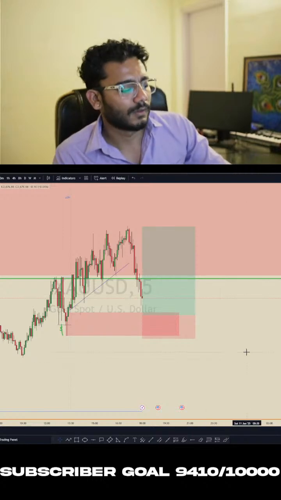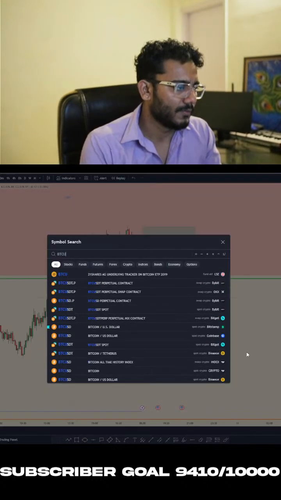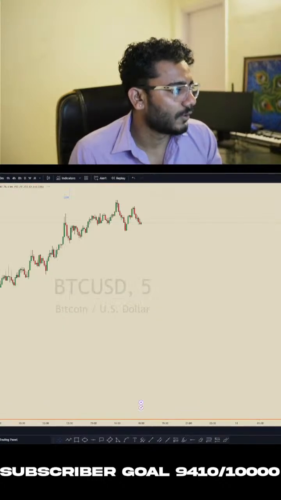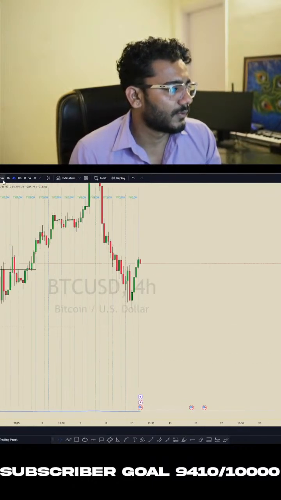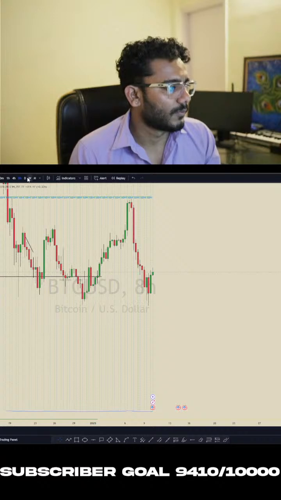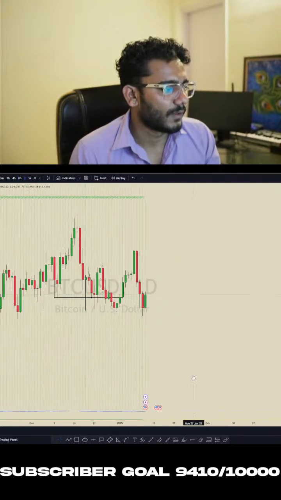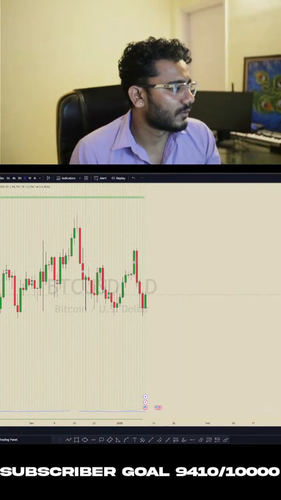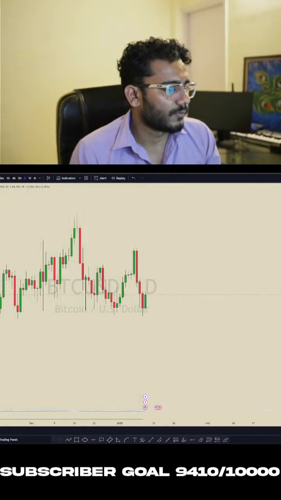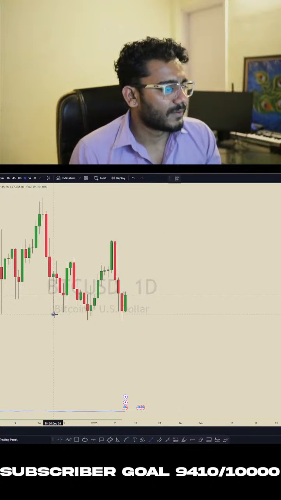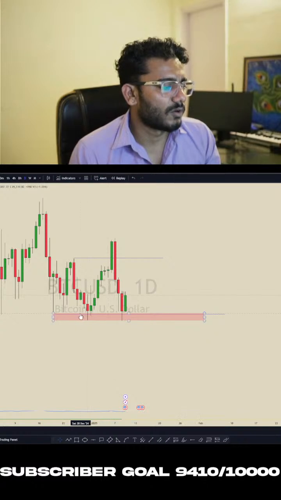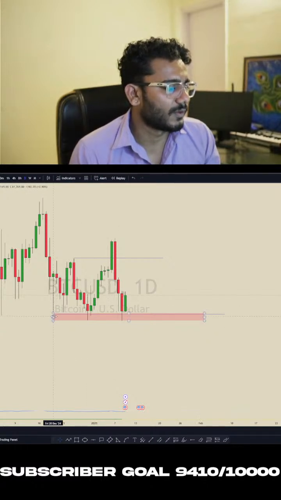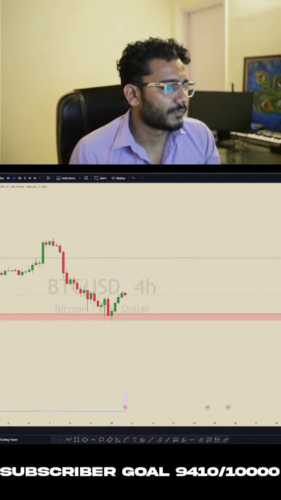BTC USDT. Right now there is news, so I think what I'll be analyzing will not work because price will change direction and go from buy to sell, sell to buy, everything. But on a higher time frame, I guess price will continue higher. Let's look like this. Price created this low and this is like a head and shoulders pattern. Price created this new high and price reacted from this order block 2 to 3 times, like we can see from this level. So I think price can continue the upside.